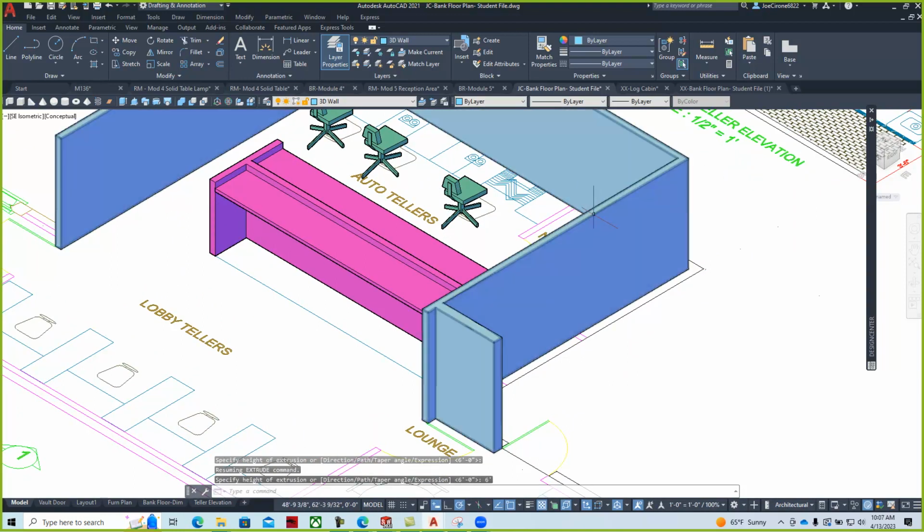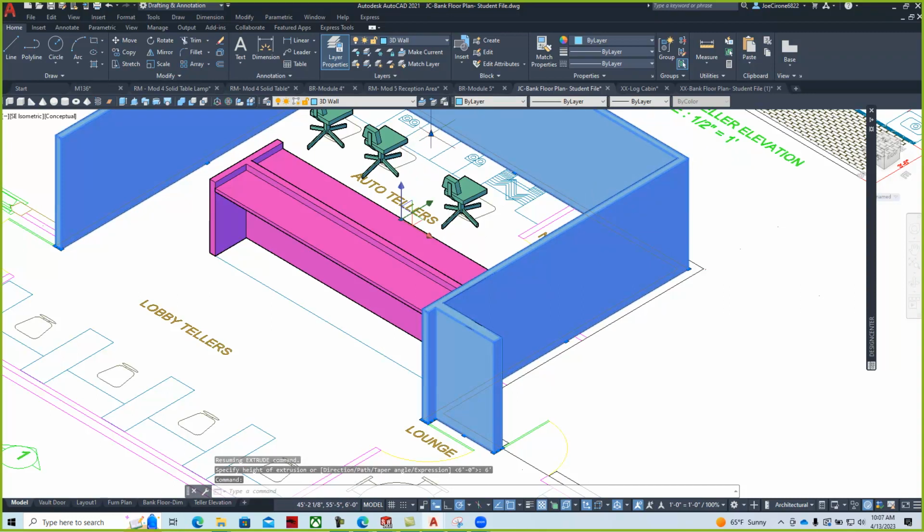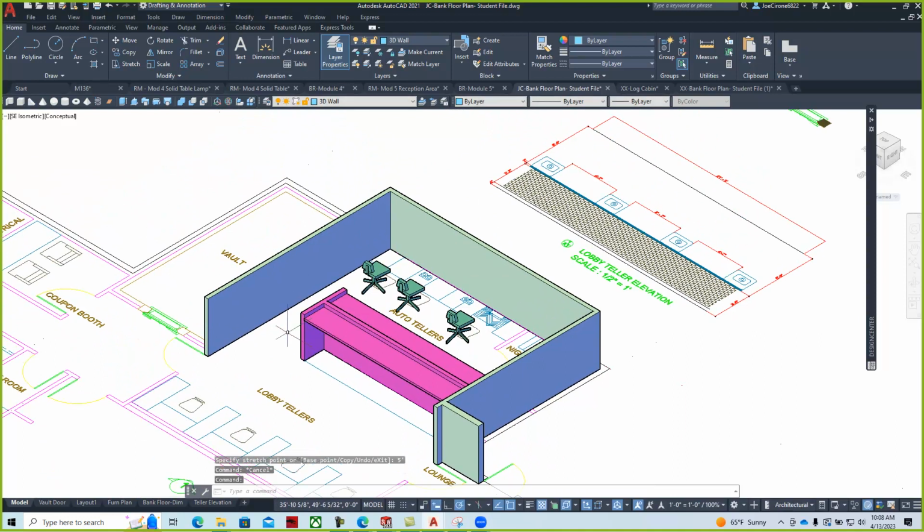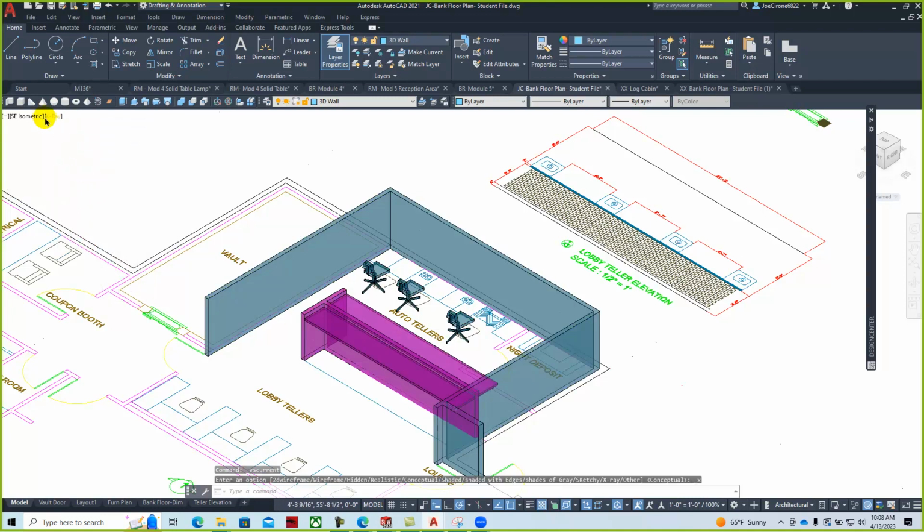We can always modify these solids after we've created them by grabbing this triangle icon and making the walls bigger or smaller. If I go down 5 feet, I can lower that. If we have the walls all modeled up 10 feet tall, then it's hard to see the interior features. We kind of want a presentation drawing so somebody can get a feel for how this looks. We can start to look at different techniques, such as conceptual or X-ray, and assign different